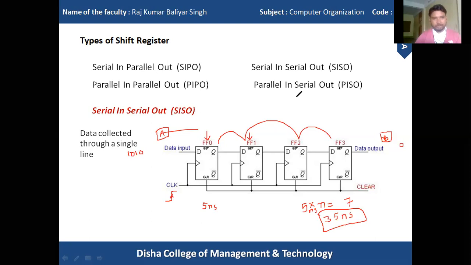So again I would like to repeat: in a serial out shift register the data is collected in a single line, and the data is transferred one bit after another with the clock pulses, and there can be more propagation delay.